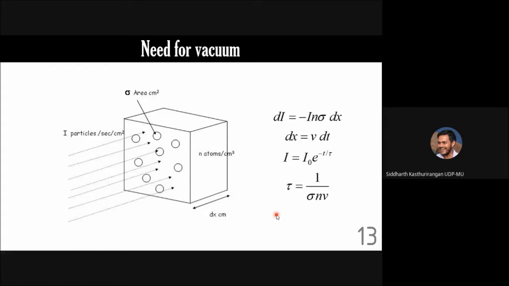So that is another consideration why you need high vacuum inside an accelerator. That is more from an experimental consideration, but basically in the entire accelerator tube you also need that high vacuum so that the beam will get transported. That is part number one. And number two is that you get the output or the signal only from the type of interaction which you want to study and not from some random interaction with the residual background gas inside the chamber.